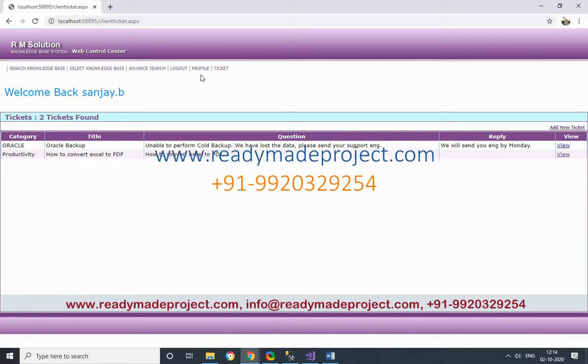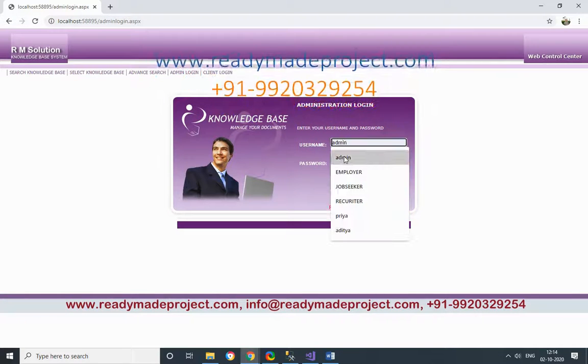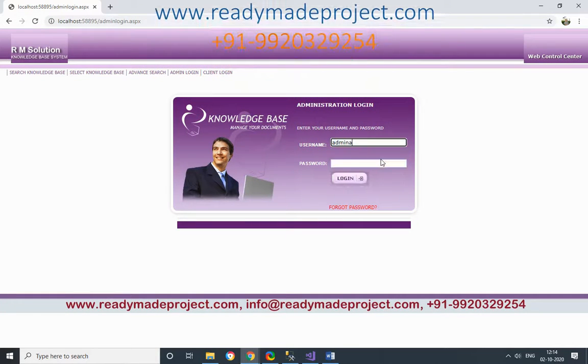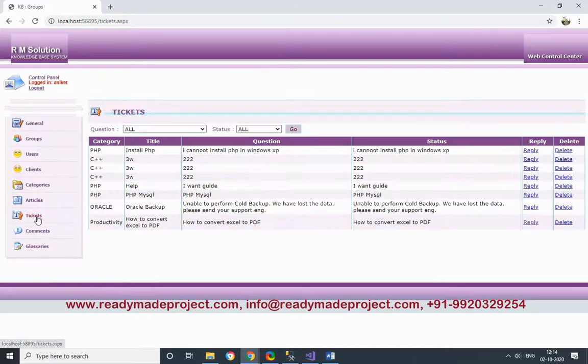Okay, so I'll click on login. Click on login as admin, or I already created one user, Oniket. He's an admin user, so he can also reply. Now the ticket, how to create, is coming. So you can just click on reply.